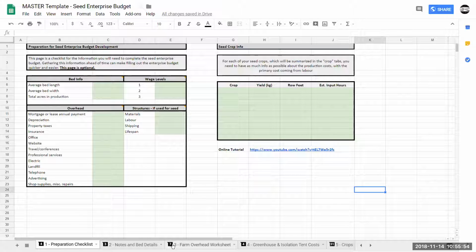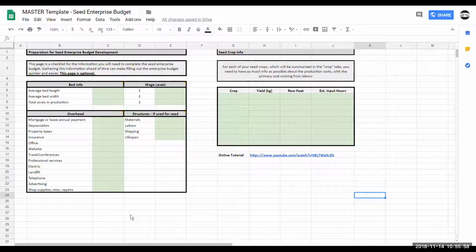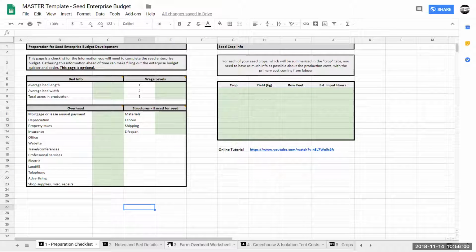And then you can see these little black boxes here. These are comment boxes. With each of the tabs, there's a number of comments within them. They're little reminders and prompts to help guide you through the process. So watching the tutorial video is great. Doing the consults to go through things one-on-one is great. But then these are just little reminders of things and what they mean and little guides to keep you going. So I'm just going to go through these quickly tab by tab to give you an overview of what you'd be looking at.